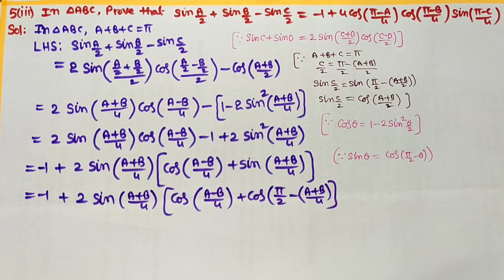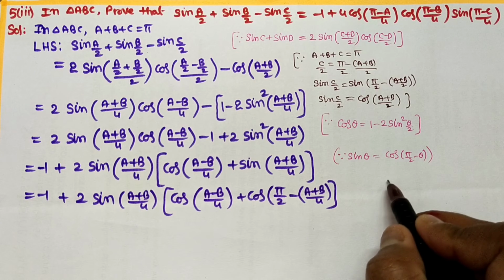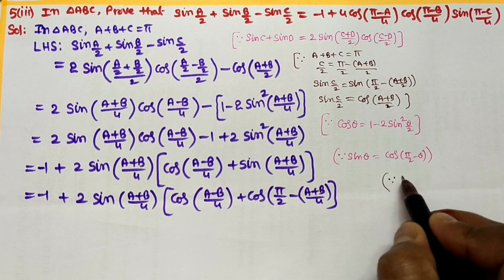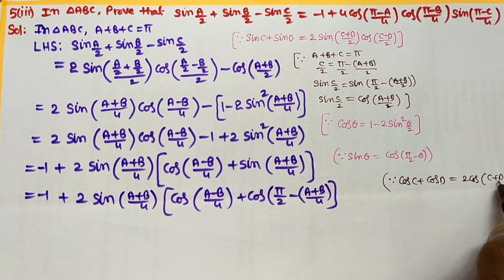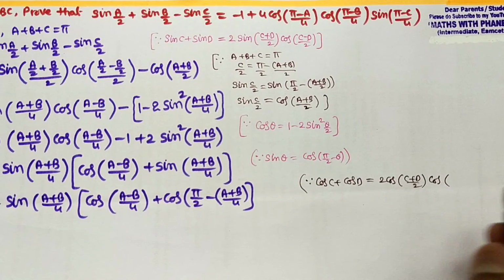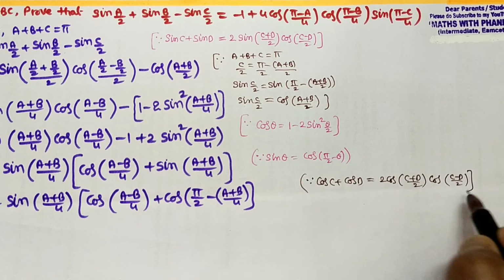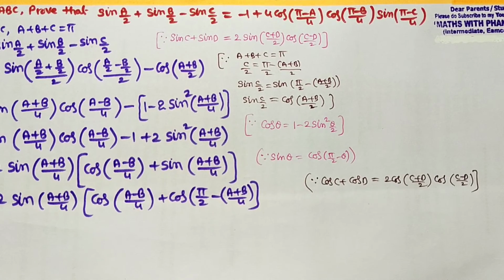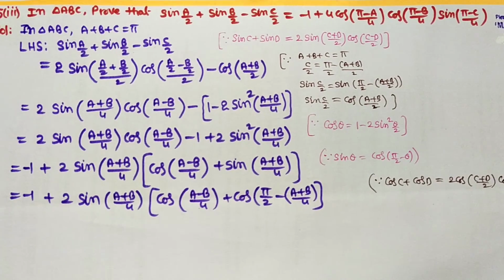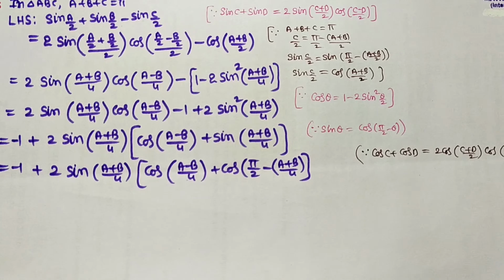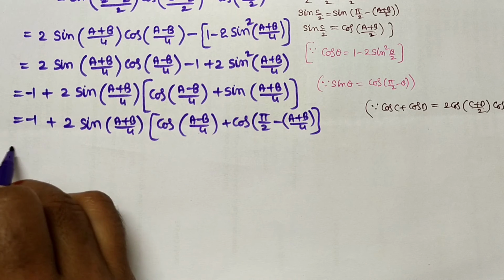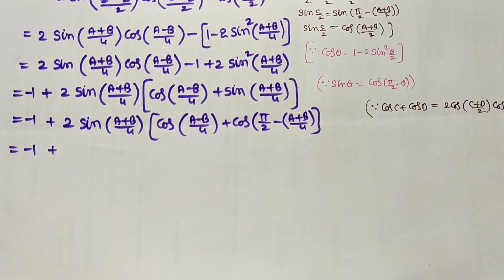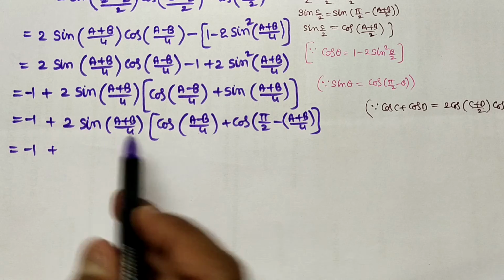Again, you have to apply cos C plus cos D. Here I am writing the formula. Cos C plus cos D equal to 2 cos (C plus D)/2 cos (C minus D)/2. So by using this formula, these two terms will be expanded. So which is equal to minus 1 plus, if we observe, sine of (A plus B)/4,